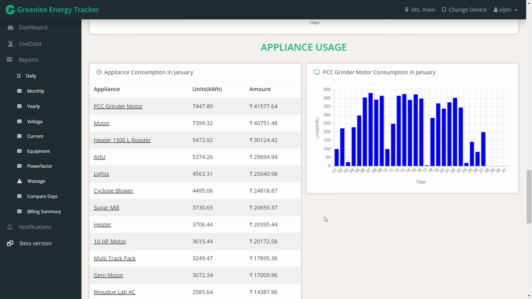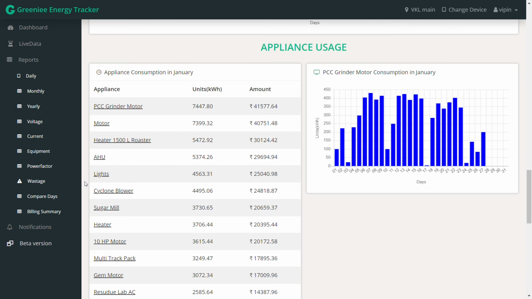Because this is how you do it, right? How do you do energy monitoring and management? You look at the total consumption, and if you find consumption on a particular day is higher, you go to that particular day. Within that day, you look at which time slot you had the higher equipment usage or consumption. Now, in that particular time slot, you see equipment level and see which equipment have contributed to this high level consumption, because that is when you can take corrective actions. Having the cumulative information is not good enough. You need to understand which equipment have contributed to this higher consumption for you to take corrective actions.